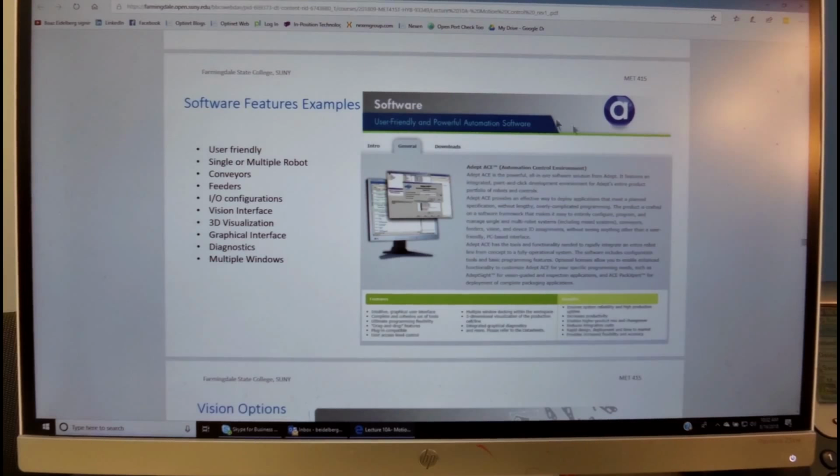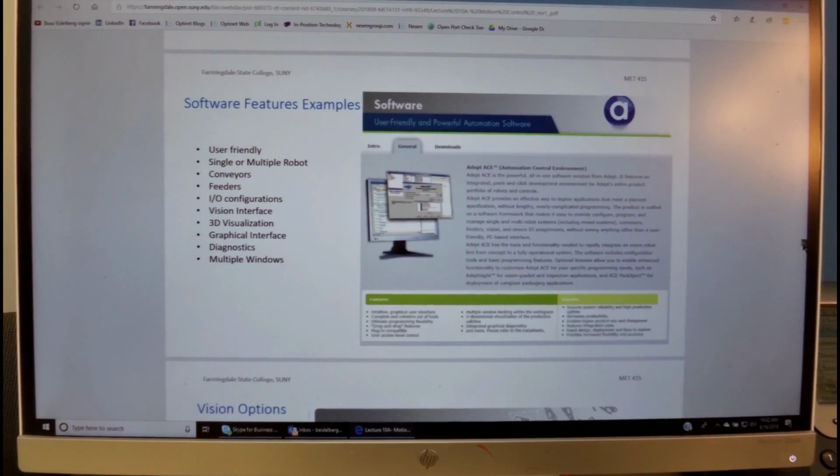We also have extensive software which is being advertised as user-friendly for single or multiple robots, including programming conveyors, feeders, setting up I/O configuration, vision interface, 3D visualization, and diagnostic and multiple windows.